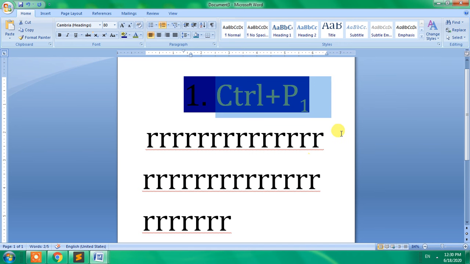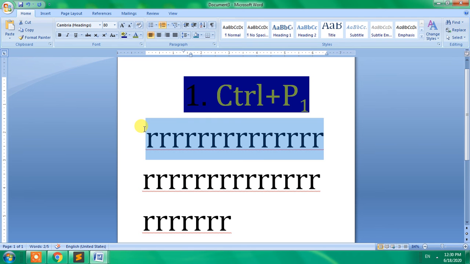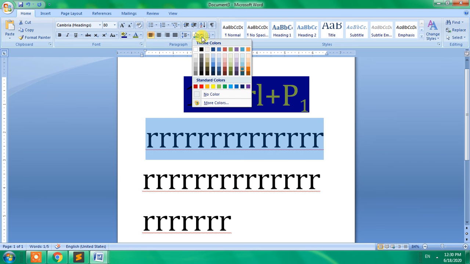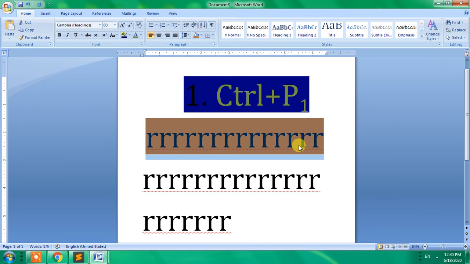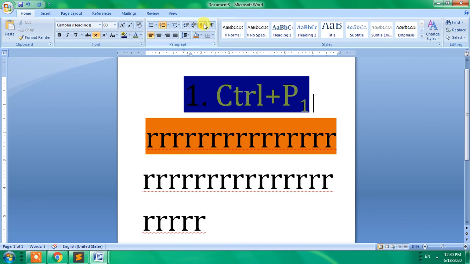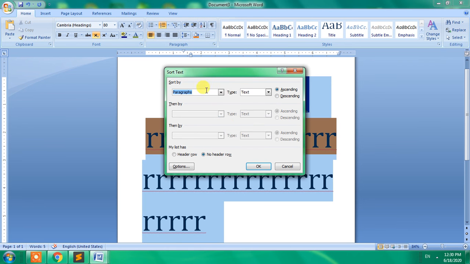So if you want to do the background color under the whole text, then you have to come on this and press on this. So in that case what will happen, it will cover the entire text. Okay, you understand? And if you want to change the numbers from upside down, ascending or descending order, you can do